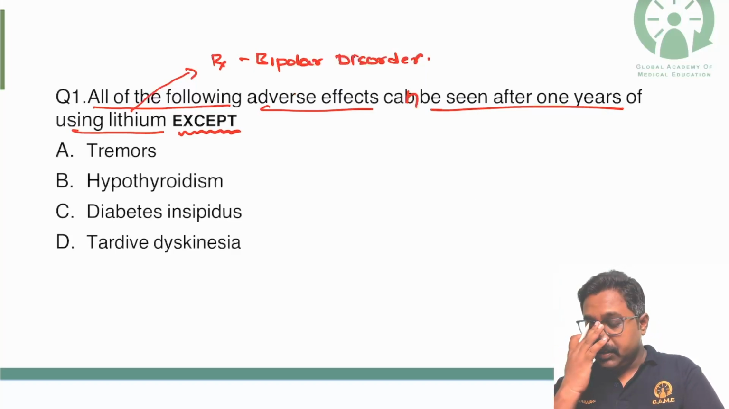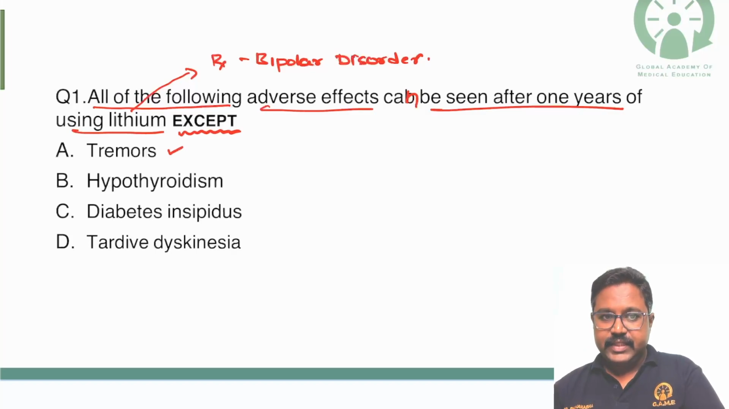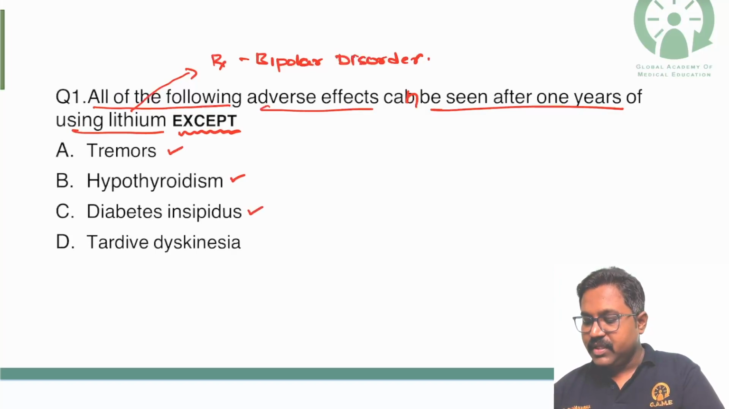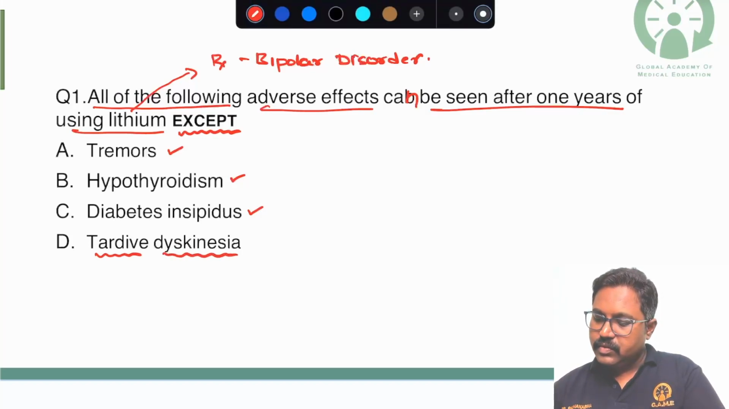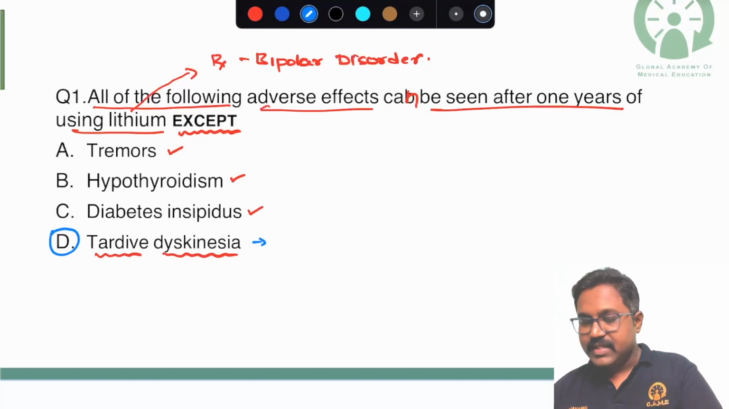So please remember, there can be tremors which can occur with the lithium. There can be risk of hypothyroidism. There can be risk of nephrogenic diabetes insipidus and this tardive dyskinesia. So this tardive dyskinesia is the right answer here, because this will be the side effects which are seen with the